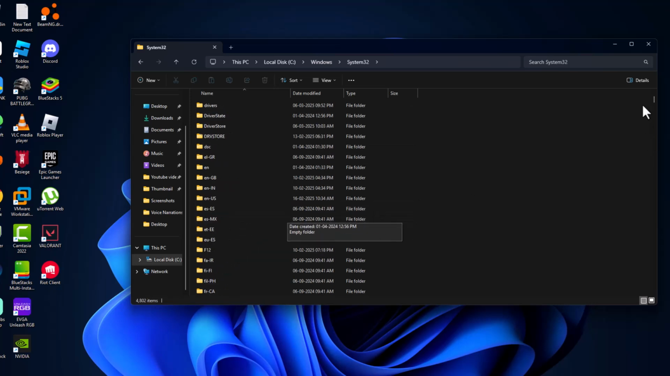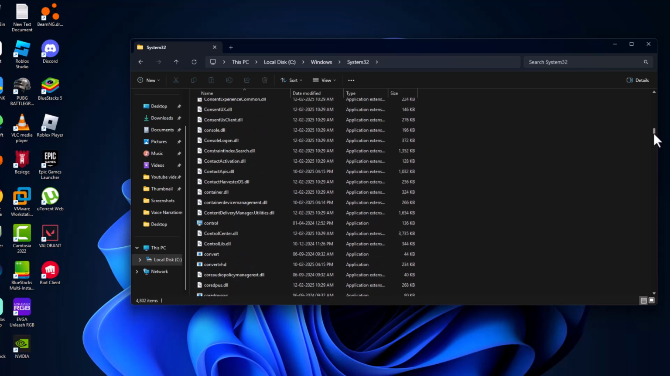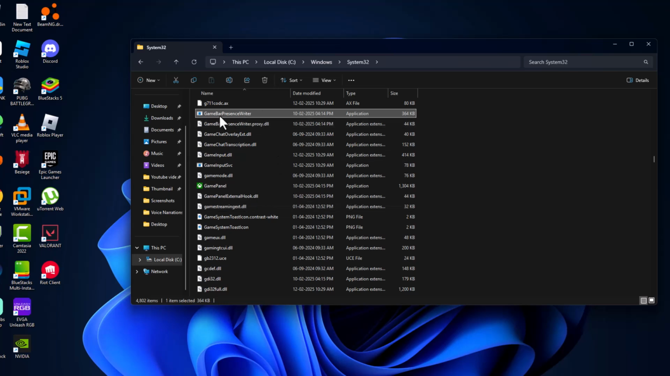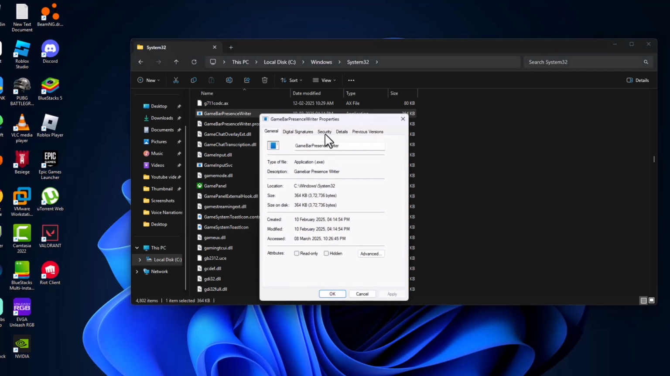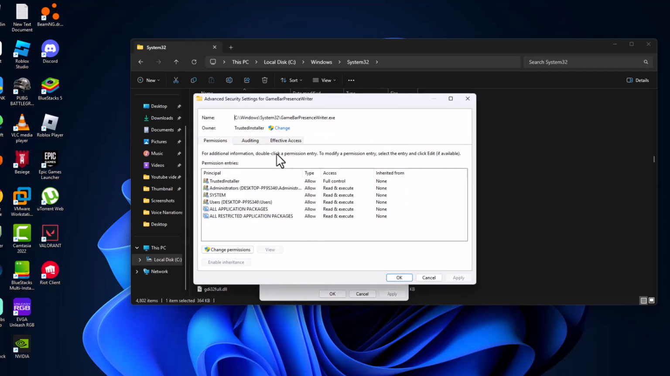And now you just need to scroll down and find GameBar Presence Writer. This type, GameBar Presence Writer, you can find it. You just need to right click on the GameBar Presence Writer over here and select Properties. Go to the Security tab and select the Advanced option and select the Change option next to Owner,